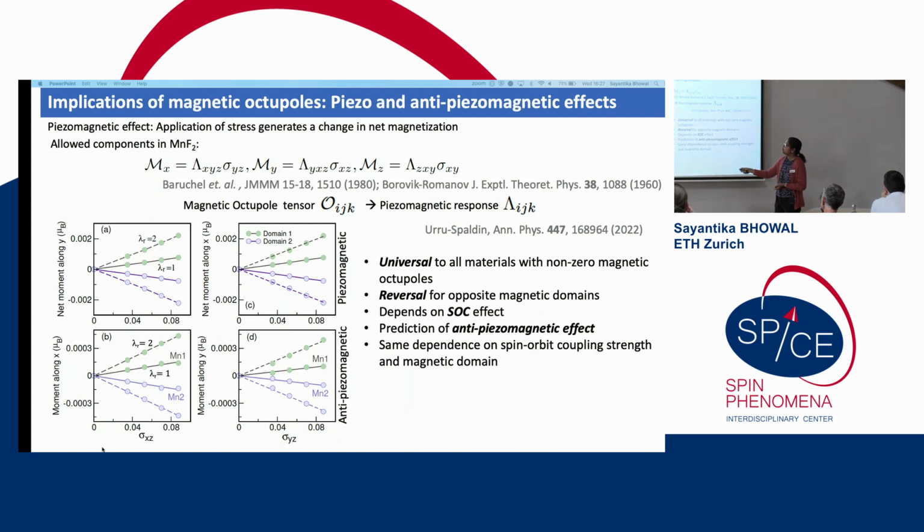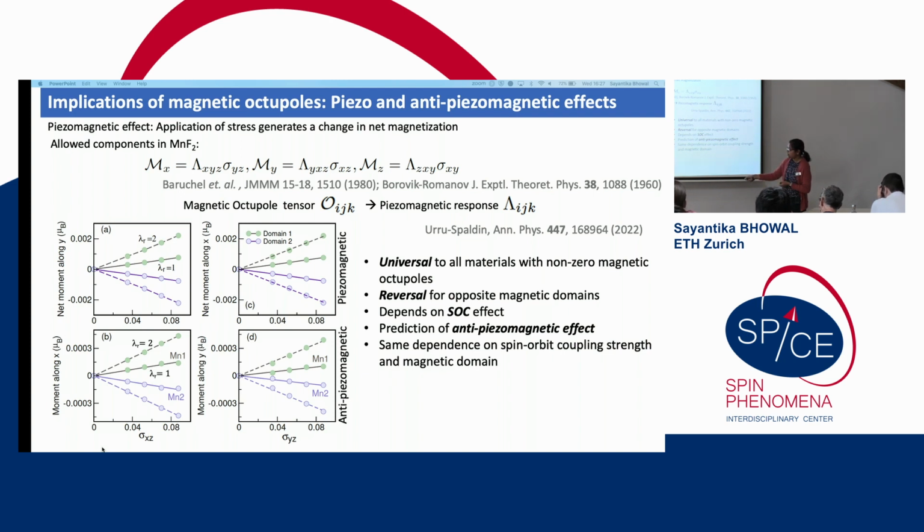Now, in addition to ferrotype magnetic octupole, in MnF2 I mentioned before that it also has antiferrotype magnetic octupole. So those antiferrotype magnetic octupoles should also lead to a piezomagnetic response, but that would be a local response. So the response would be opposite for the two Mn ions, leading to cancellation of moment and net zero magnetic moment in the system. So from the existing non-zero antiferrotype magnetic octupole, we found from this one-to-one correlation that if